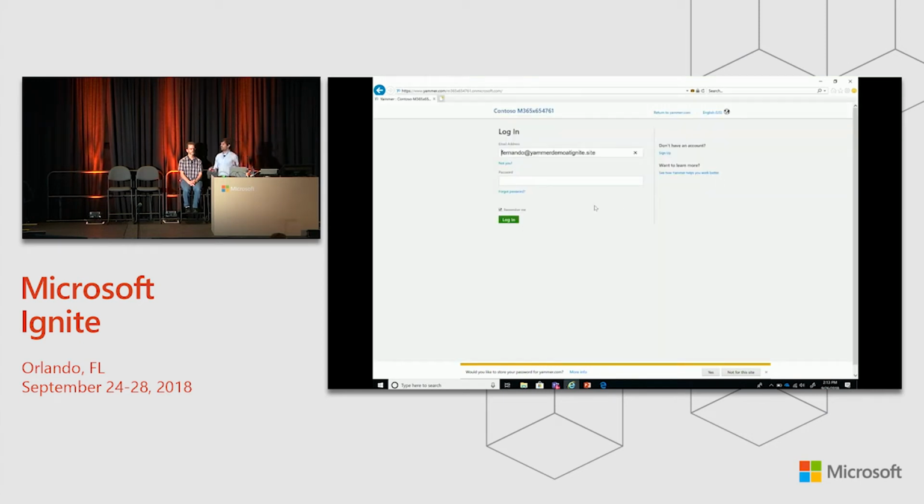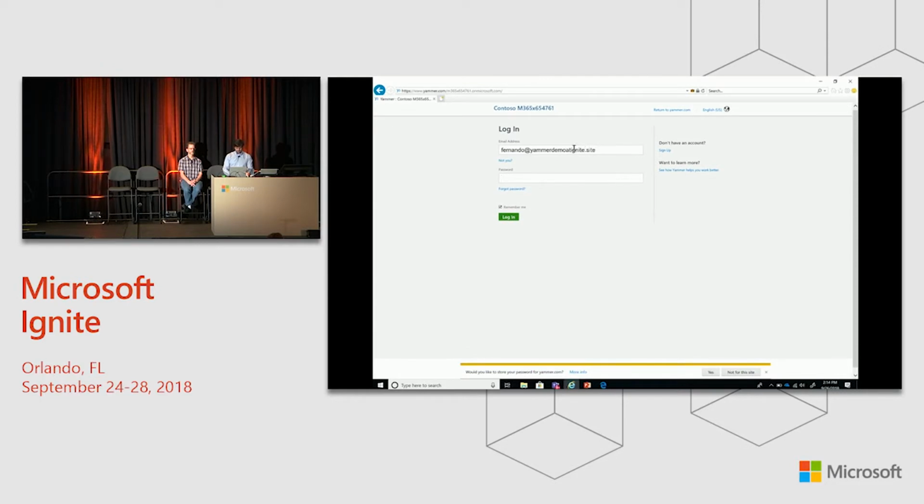Here, users logging in through this screen are logging in with legacy Yammer credentials. But right now, what we want to do is make sure that when a user tries to log in using this screen, we will redirect them. They will be redirected to this new flow